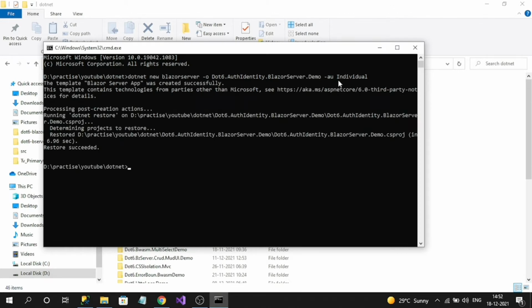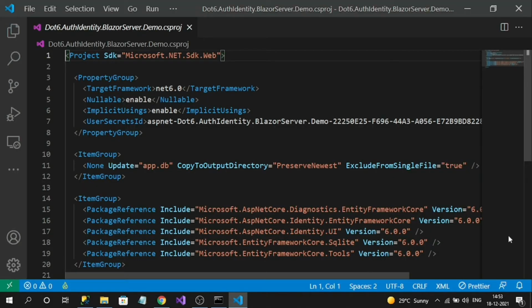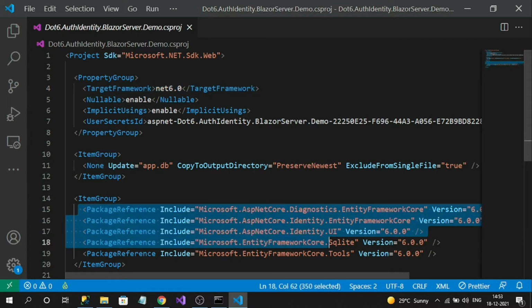The project was successfully created. I'm going to open the project in the Visual Studio Code editor. Here is my project, and I have created it with the target framework .NET 6. Here in the package references we can see a few default packages that were installed by default when creating the project. Here we have to mainly concentrate on two packages.